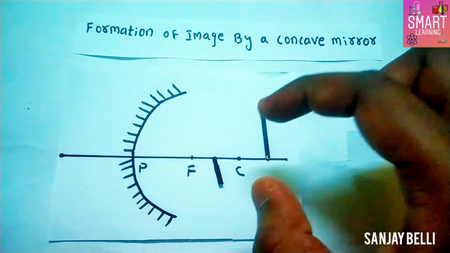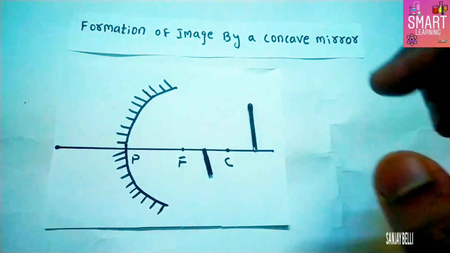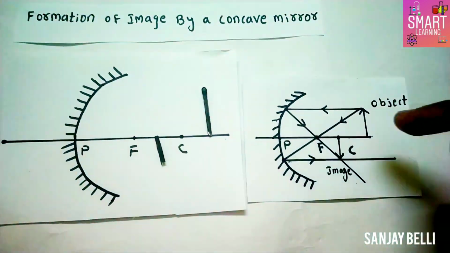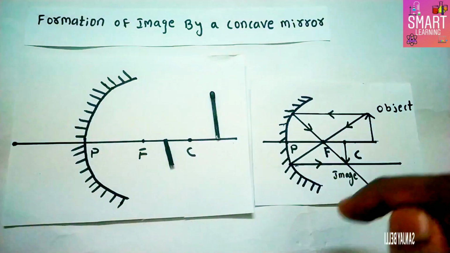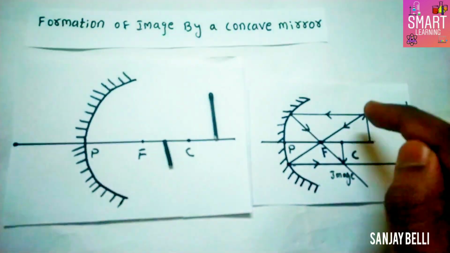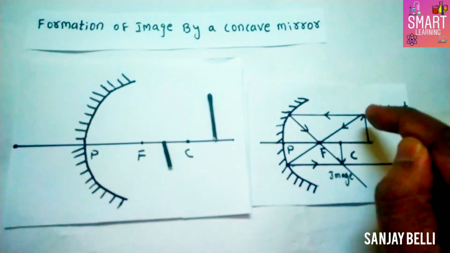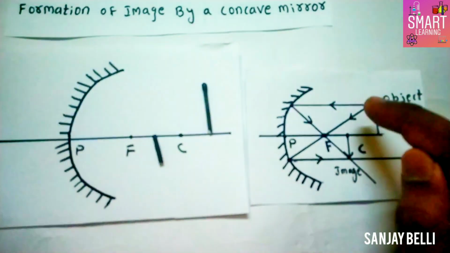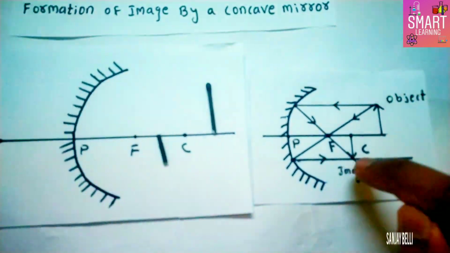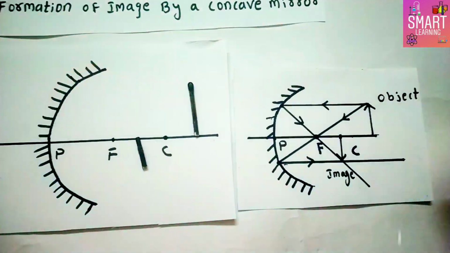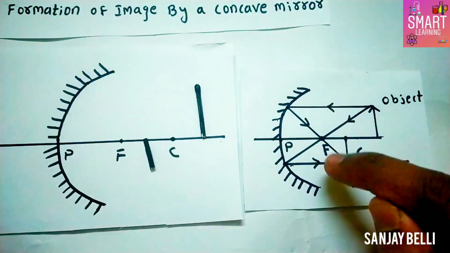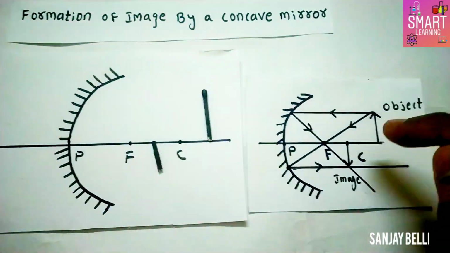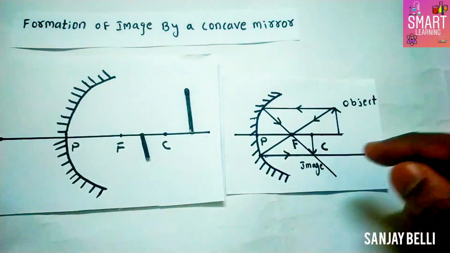To complete this ray diagram you have to use the rules. So here you can see I drew it with the help of rule 1 and rule 2. The same thing, only by using light rays. Here I placed an object. The light rays are coming from the object. Rule 1: parallel to the principal axis, passes through the focal point. And rule 2: passes through the focal point, parallel to the principal axis. So the two reflected rays, where they intersect, there only an image will be formed. If you place an object beyond C, an image will be formed between F and C.